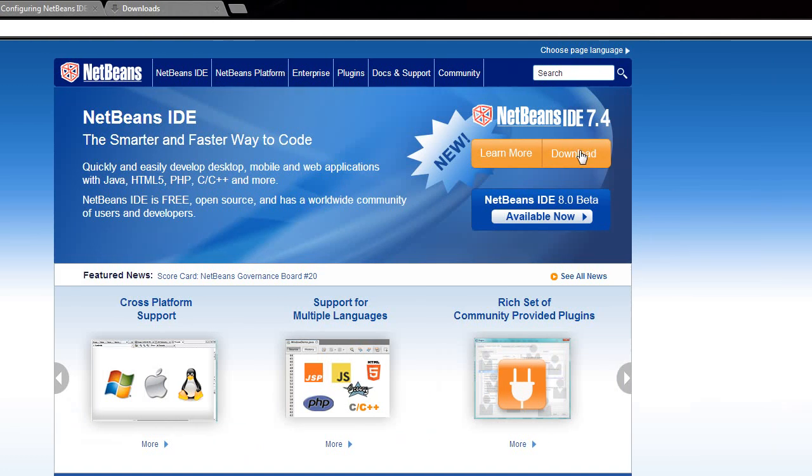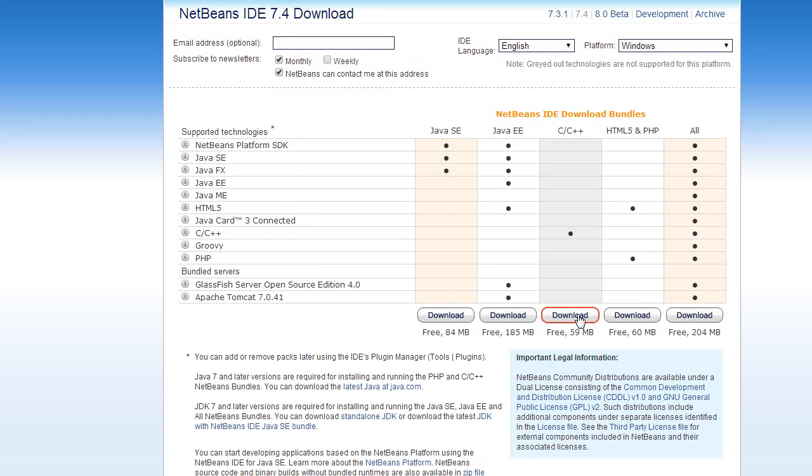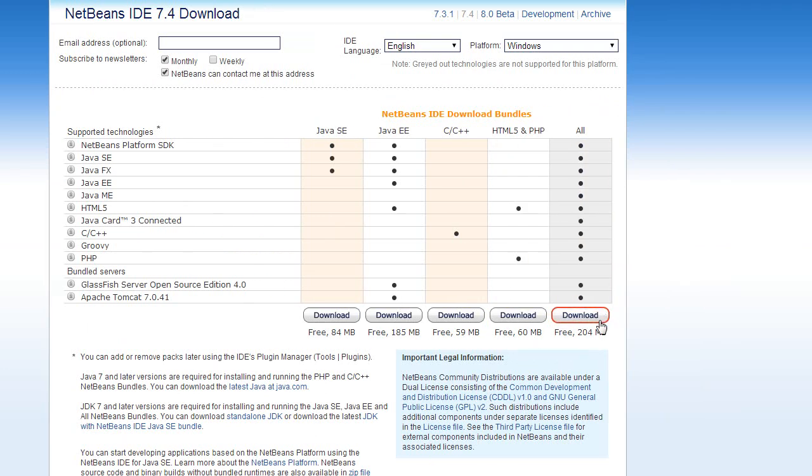So we're going to come to the Netbeans website. We're going to hit download. There's going to be a few different packages. We want C and C++. I also do a Java course that uses Java SE. If you think that you're going to be getting into Java at some point, or maybe your university will make you do Java, you might be better off just downloading all, as HTML5 and PHP are also used in quite